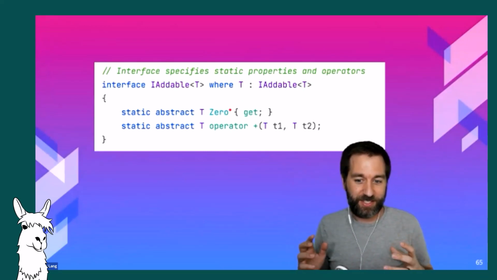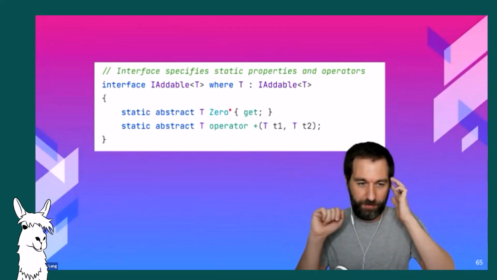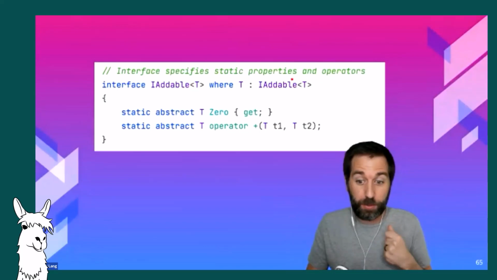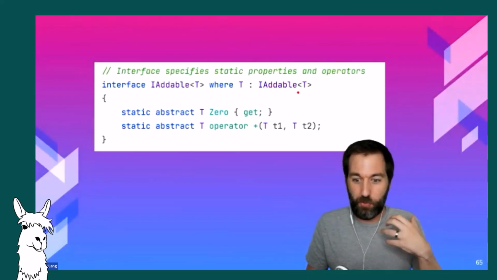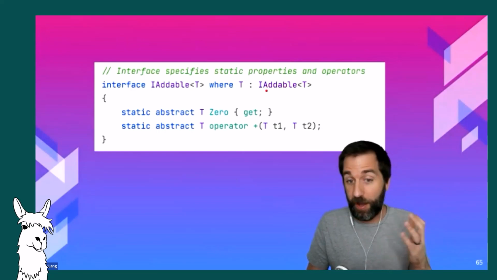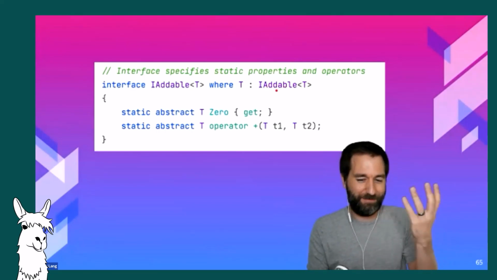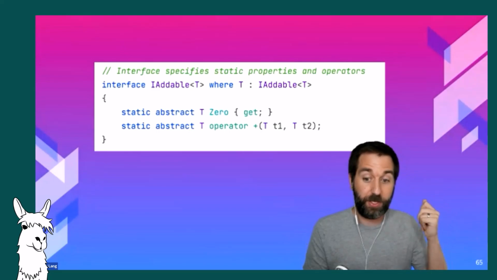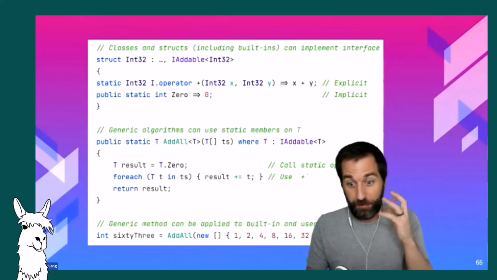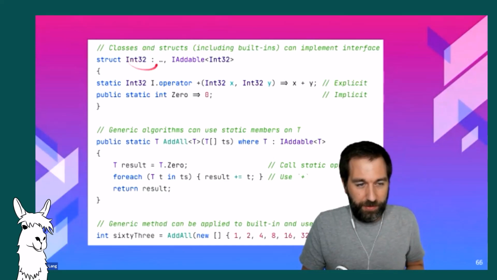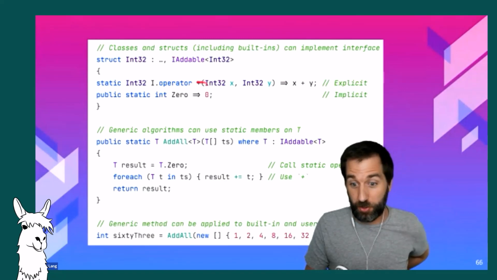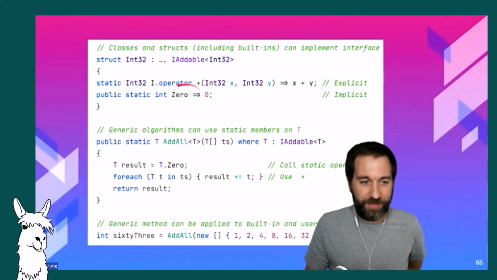And in this case, this is the feature in its plainest form. The way they're going to use this is in the primitive numeric types, they're going to have them implement these sort of maths generic interfaces. So IAddable of T, for example, I can't remember the names of them, division, multiplication, anything mathsy you can think of, they're going to add these interfaces and have the primitive numeric types implement them. So for example, we'll take Int32 and have it implement it. Now Int32 already has a plus operator, but they'll add the implementation for the zero